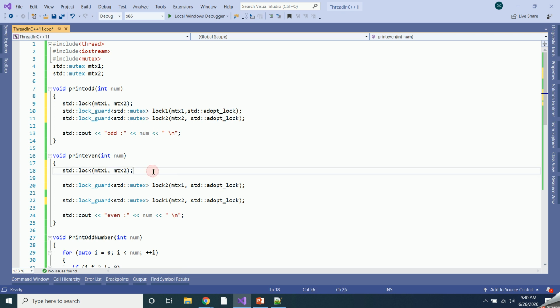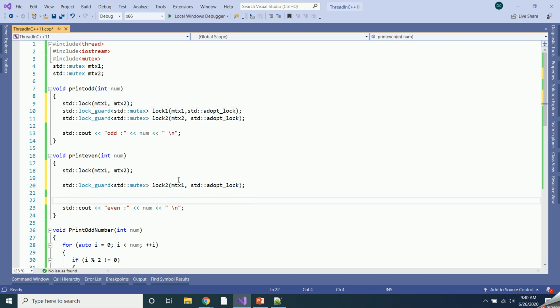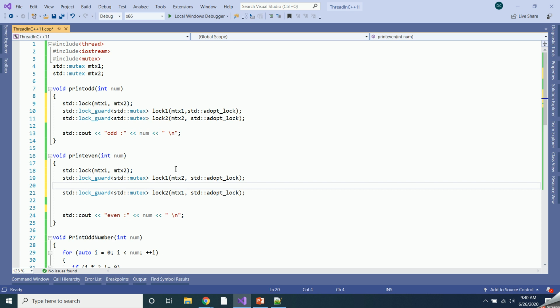So now, same thing, whichever thread is executing, it will acquire both mutexes at the same time. And here what we are doing is just adopting the mutex which is already acquired by the thread. So we are just adopting. So if you change the order of adoption also, it will not matter.